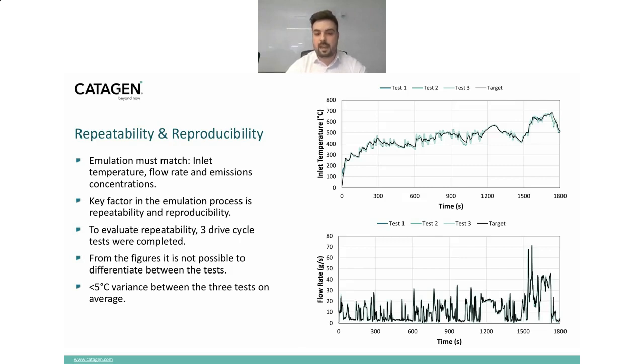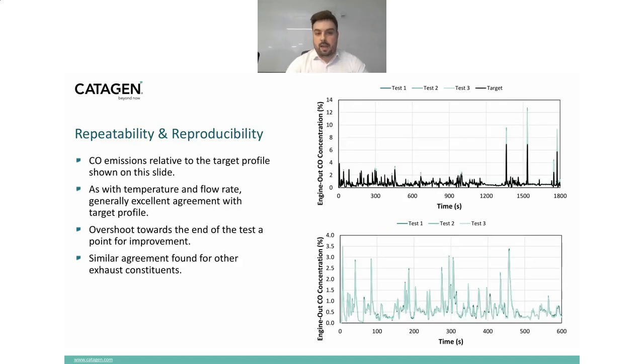And in fact, if we look at the average variation or the average range between the 3 tests across the drive cycle, across the 30-minute window, the average variance there between our test 1, test 2, and test 3 is less than 5 degrees C. Obviously then, the temperature and flow rate are 2 elements that we need to consider, but we also must